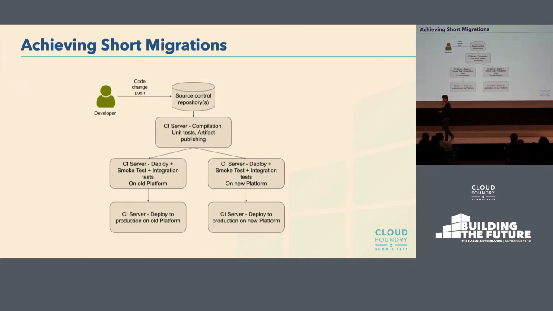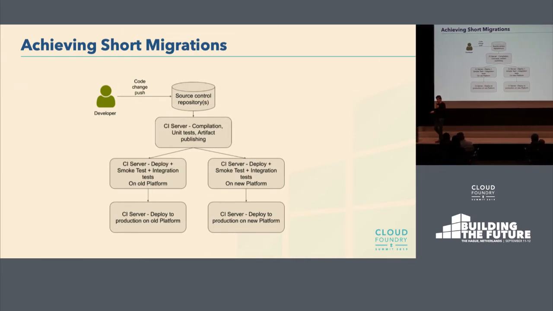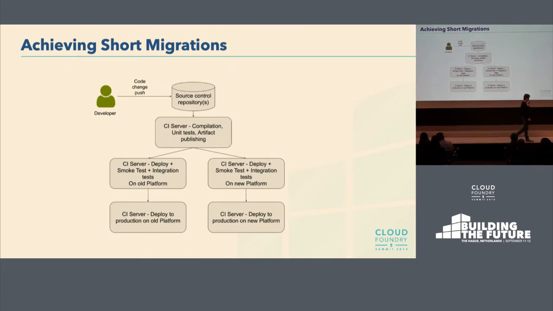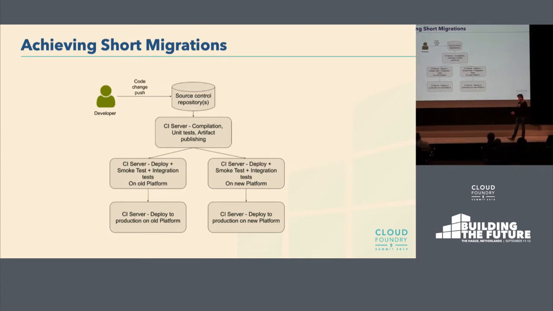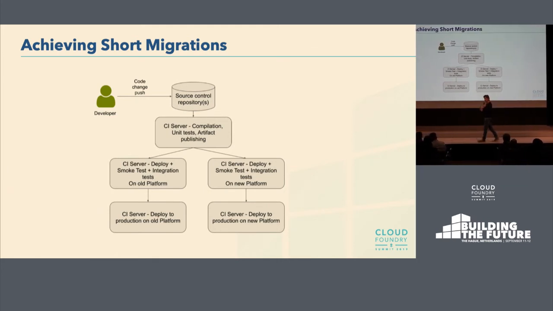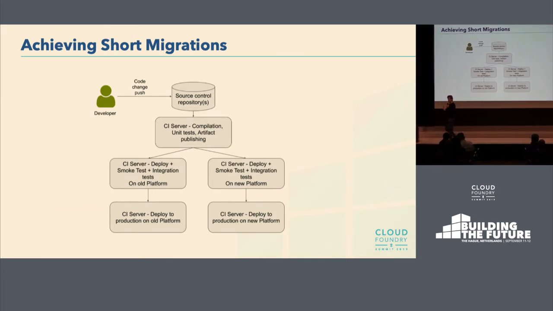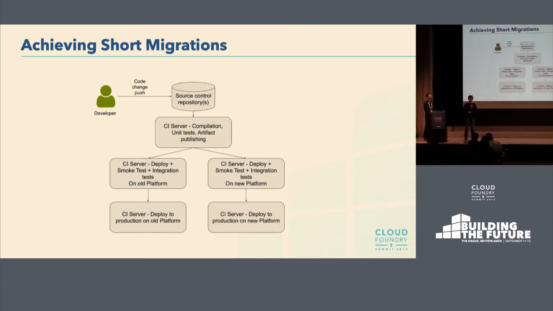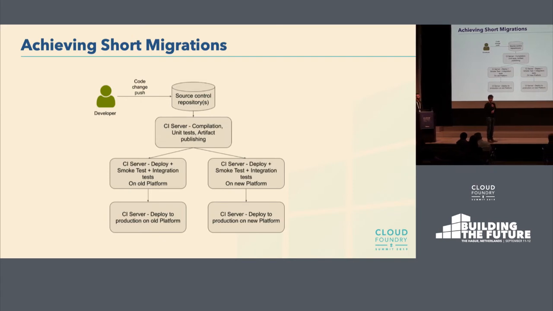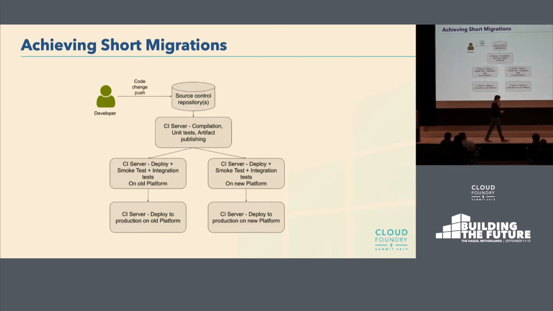Then you have two code lines, you have double the maintenance and the stress, and even the team might be forked, because some people will be dealing with the old code line and some people with the new code line. It's not something you want to get into. So you need to do everything in your power not to fork the code. The benefit is that you deploy exactly the same artifact. You build the artifact only once, and then you deploy it to the old infrastructure and to the new infrastructure. You run all your test automation against both, and then in the end you have two productive systems running exactly the same version, which has many benefits.